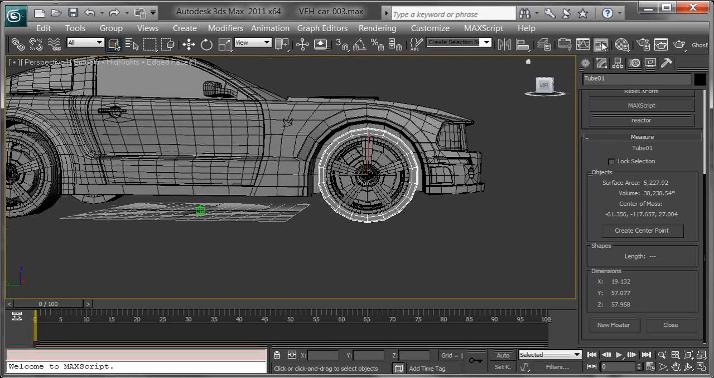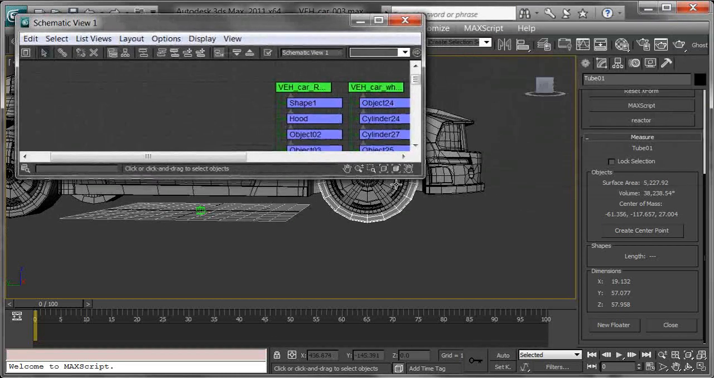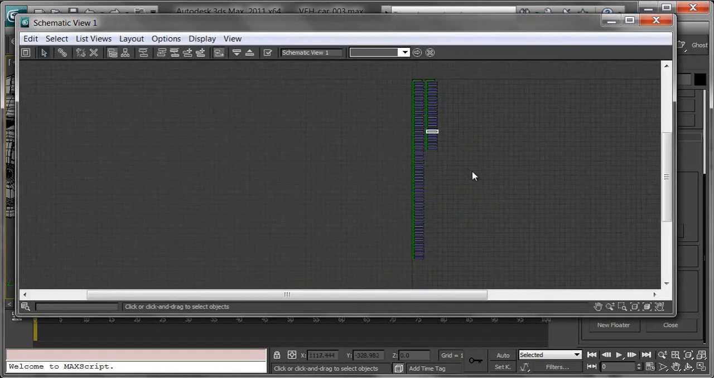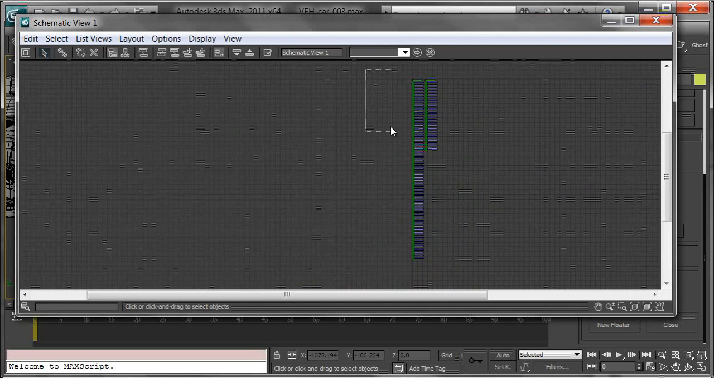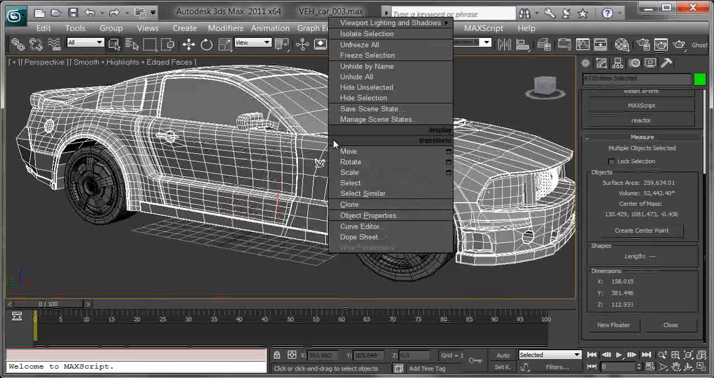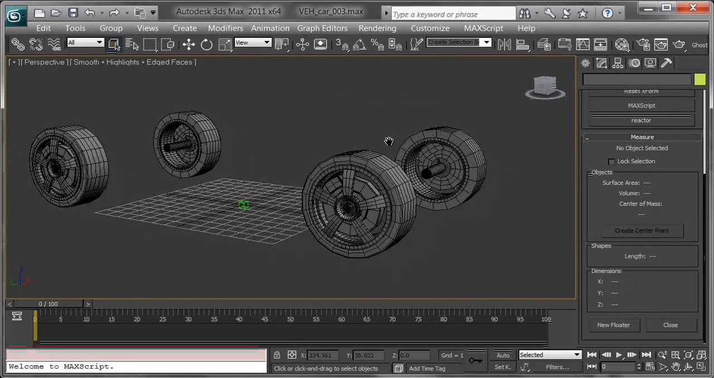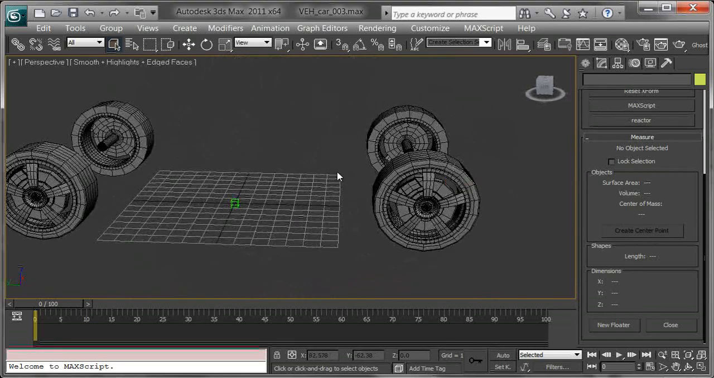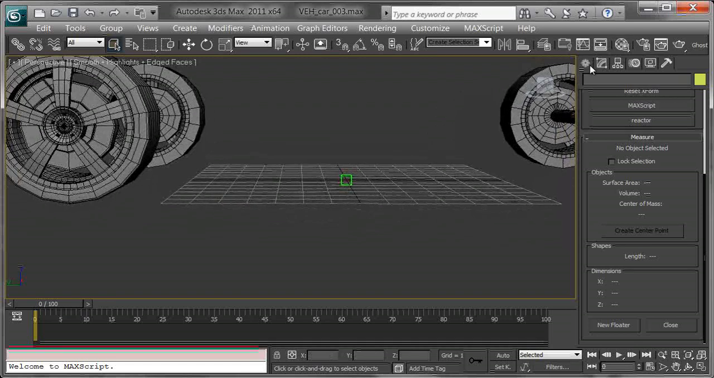So let's open up our schematic view. The advantage of having everything already in a hierarchy rather than in a big line is we can just grab this first one, which is going to be all of this, the chassis and the windows and everything. I'm just going to right click and hide selection, and that means we can just see the wheels, and that's what we really want to focus on at the moment. So let's create a new point